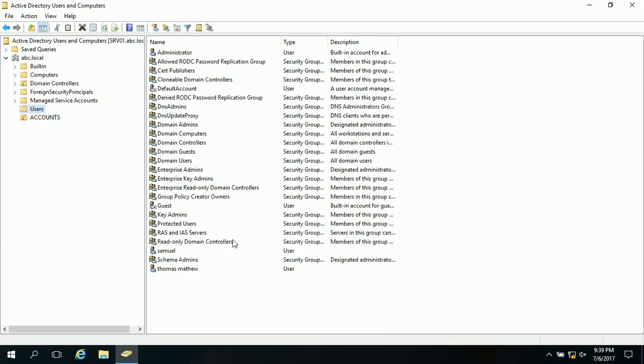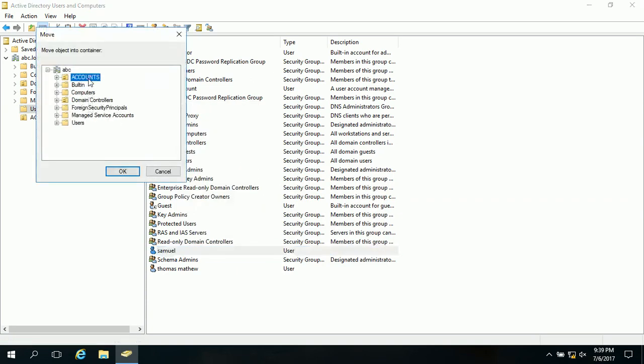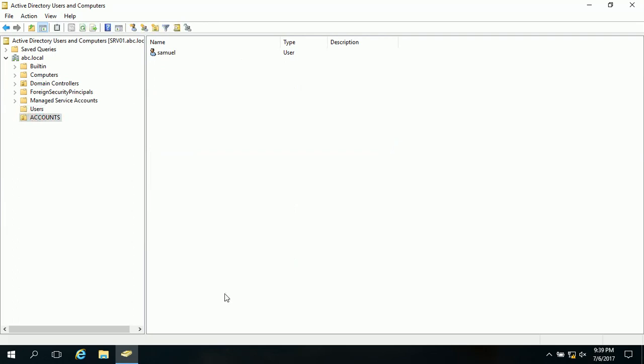Then as you know, there are no users there, so I have a username Samuel. I am trying to move him to the Accounts organization unit. So next session is